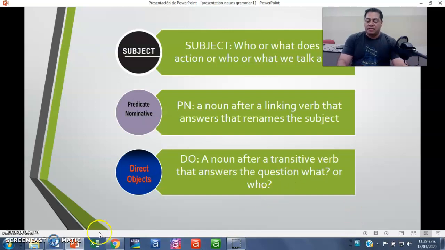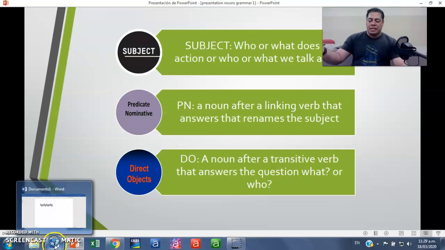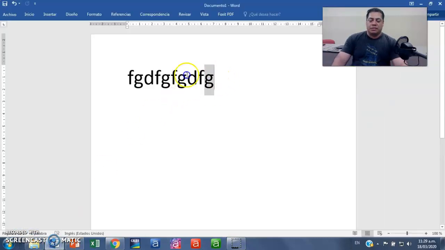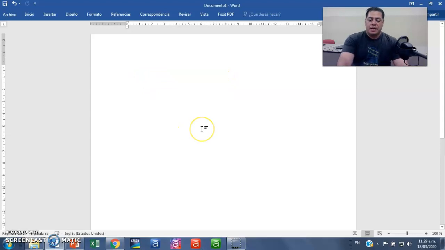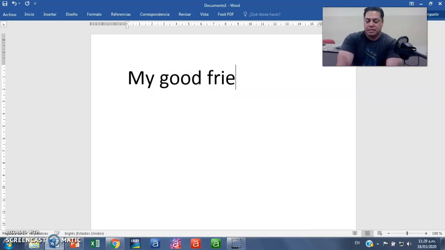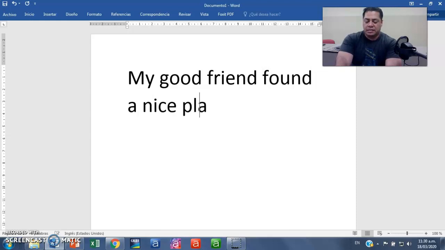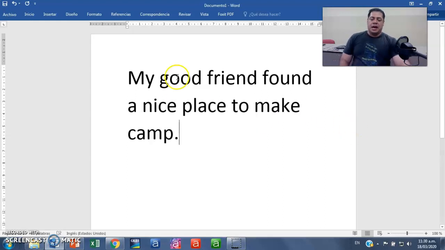Depending on the verb, you can figure out if it is at the beginning of the sentence or at the end of the sentence. Now, imagine this sentence, for example. My good friend found a nice place to make camp. Okay? Now,